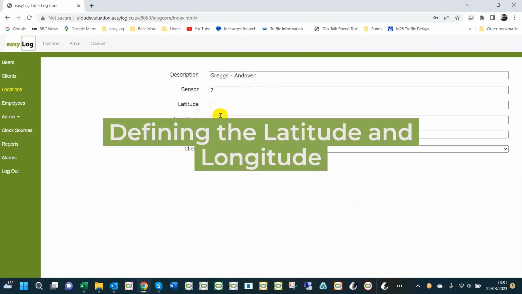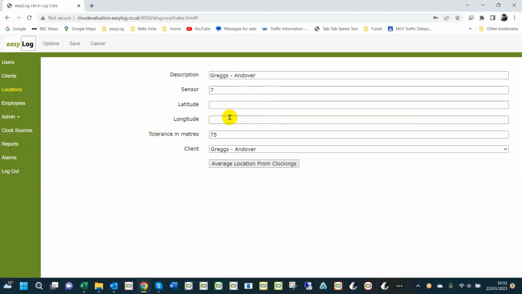So, how do we put in the latitude and longitude? The best way to do it, we feel, is for you or a trusted person to get the QR code, in this case number 7, take it to the customer's site, and then using the app, just clock in and clock out three or four times in order to then generate latitude and longitude coordinates for that particular clocking, for that particular site. Then you go into the software and then click on this button here, average location from clocking, because